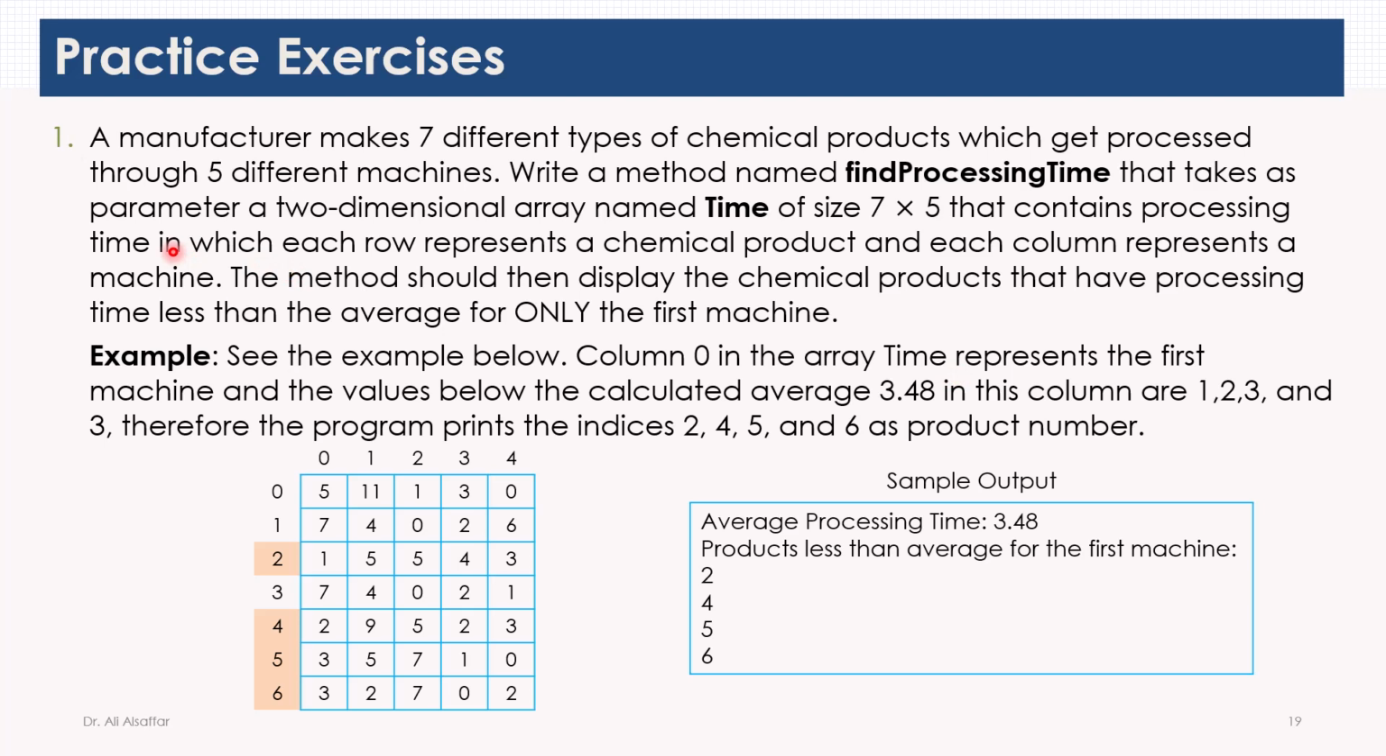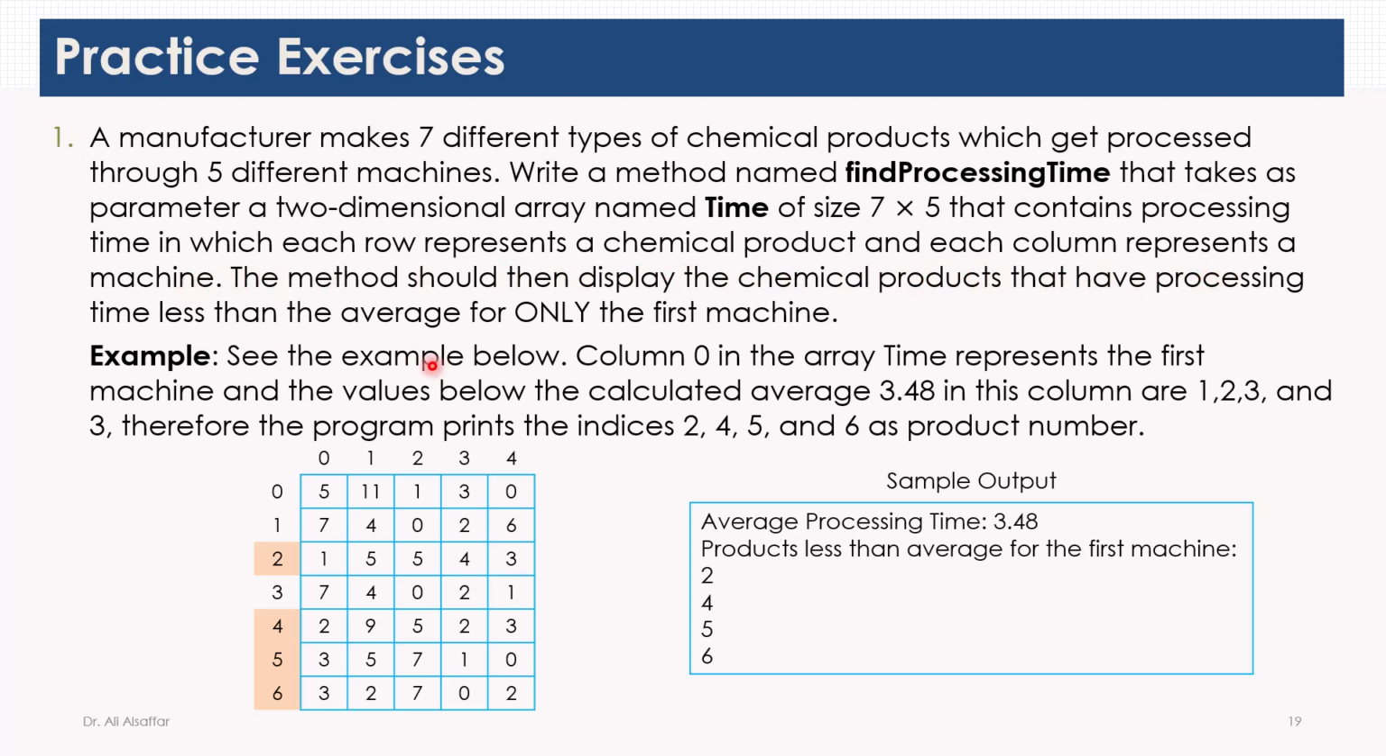To get more practice on processing two-dimensional arrays, we would like to have some practice exercises. In the first exercise, we have a manufacturer that makes 7 different types of chemical products which get processed through 5 different machines. We need to write a method named findProcessingTime that takes as parameter a two-dimensional array named time of size 7 by 5 that contains processing time, in which each row represents a chemical product and each column